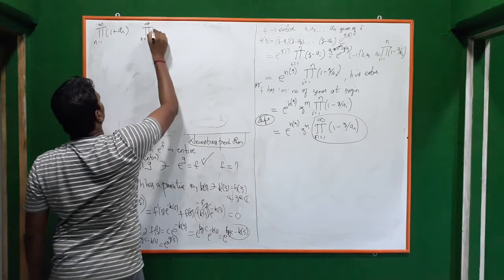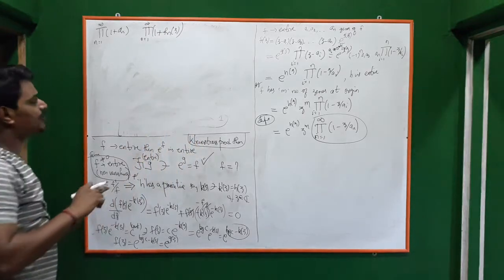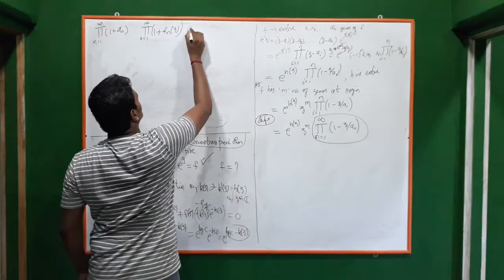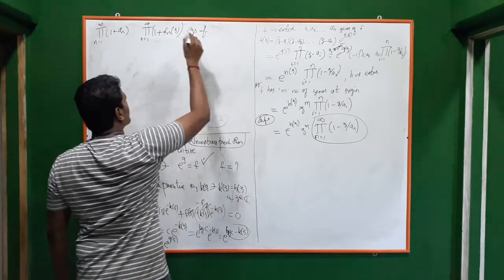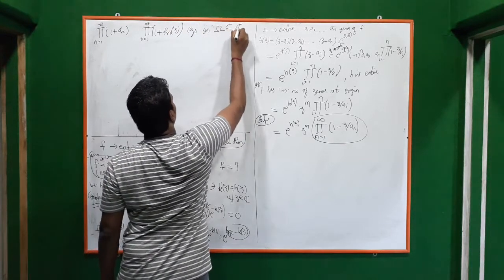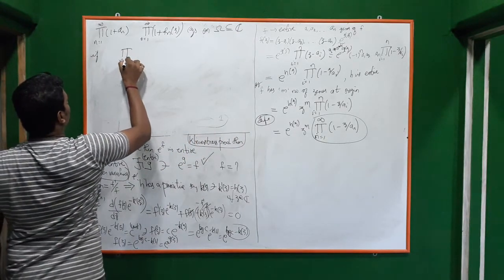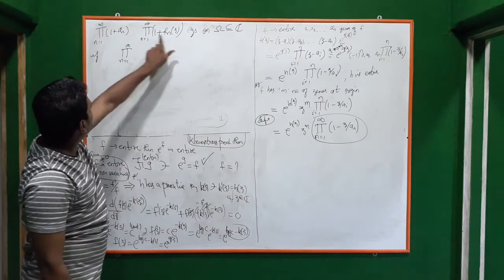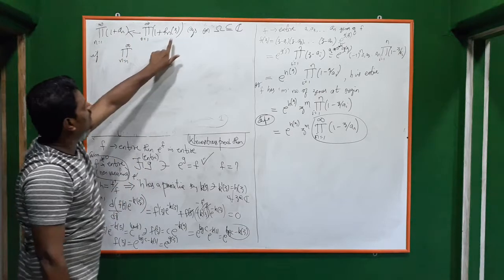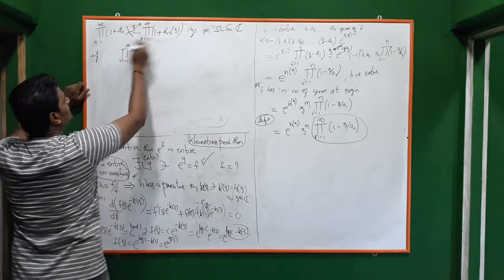N from 1 to infinity 1 plus fn of z. This itself is a function. That means this is a sequence of complex functions. Okay. So this converges on some set omega which is a subset of C, if the product n from 1 to infinity converges. When z is replaced by something, correct? So if it is replaced by z equal to a, then this will be similar to this.